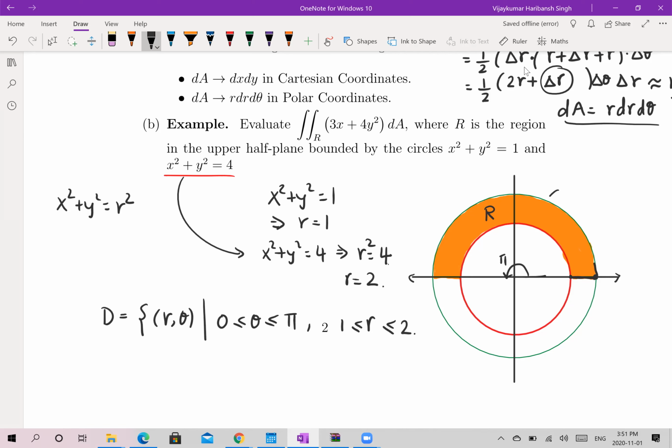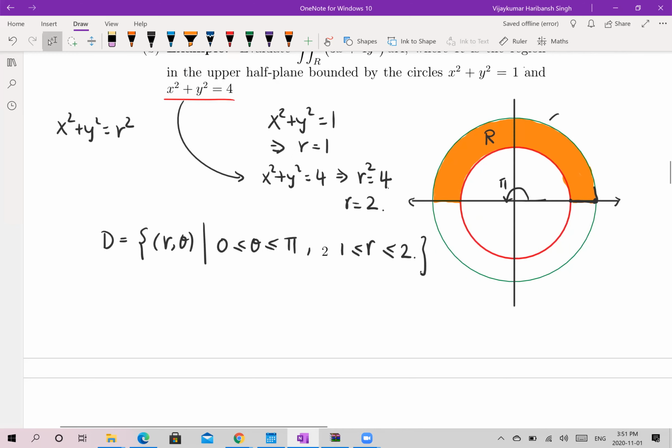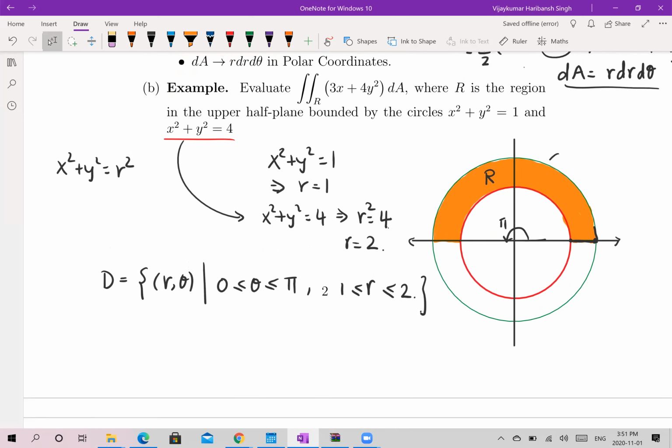So this is what our region is. Therefore, this integral of 3x squared plus 4y squared dA can be written as the integral